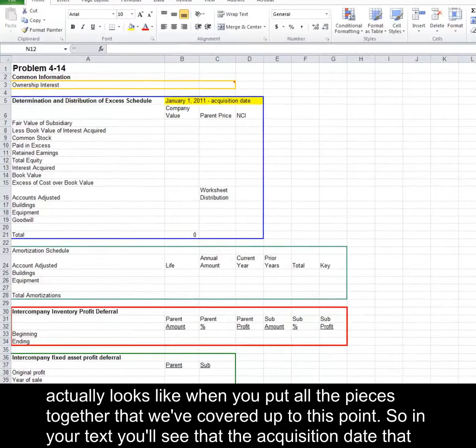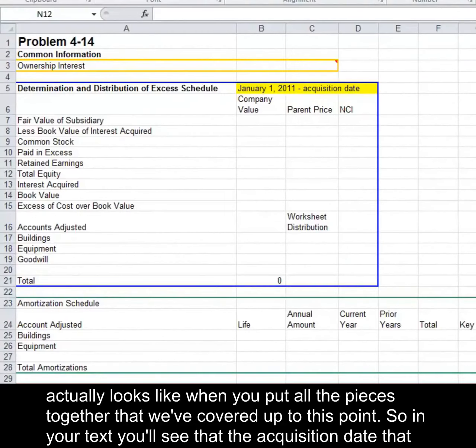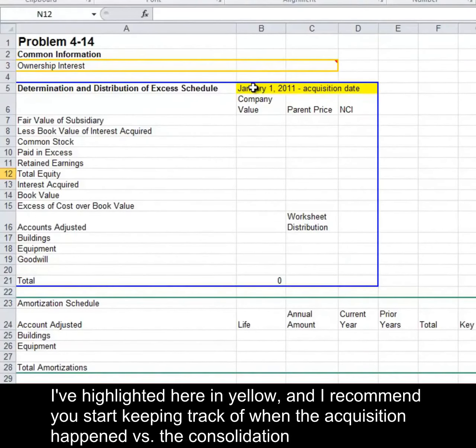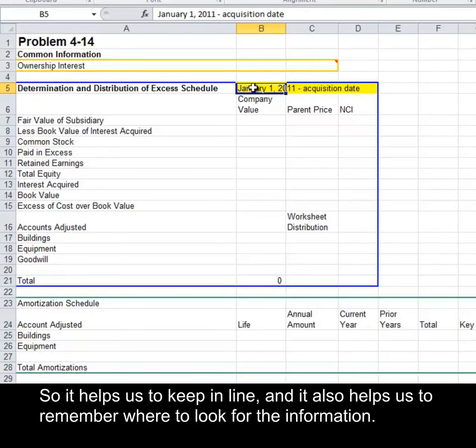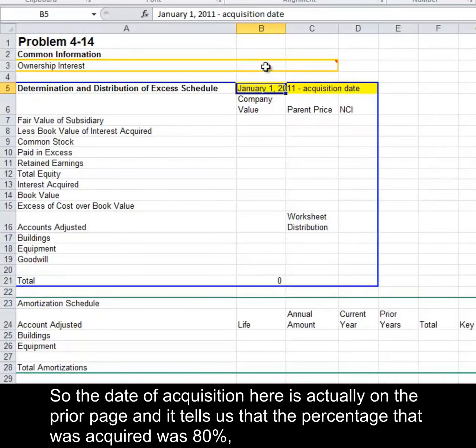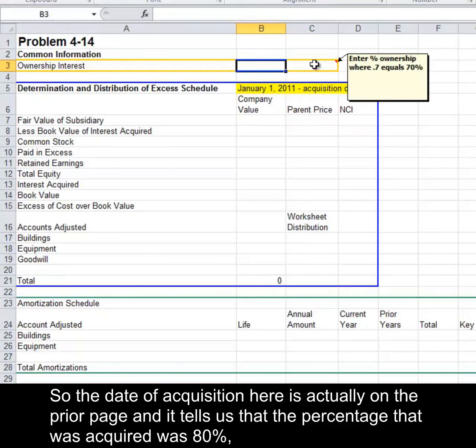So in your text, you'll see the acquisition date that I've highlighted here in yellow, and I recommend you start keeping track of when the acquisition happened versus the consolidation, because remember, this is not part of a general ledger. We have to account for prior periods. So it helps us to keep in line, and it also helps us remember where to look for the information. The date of acquisition here is actually on the prior page,